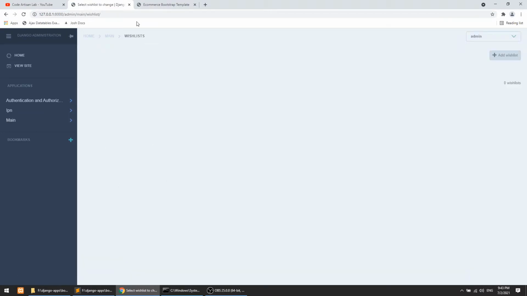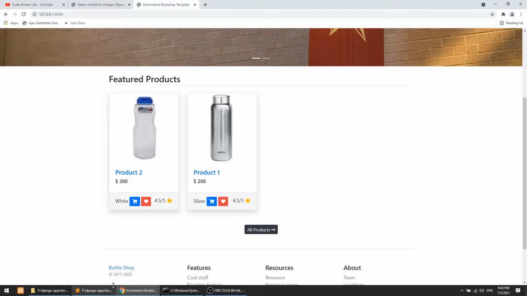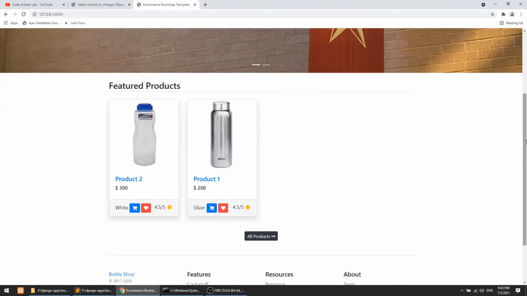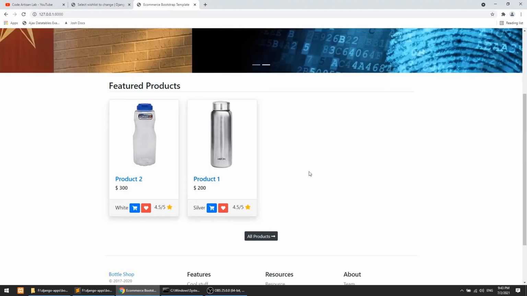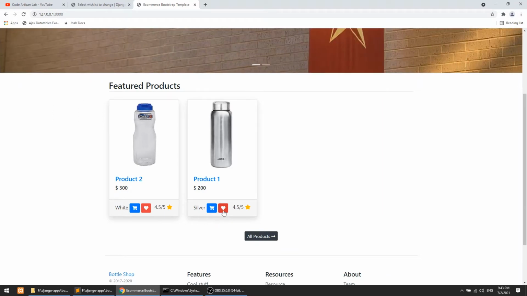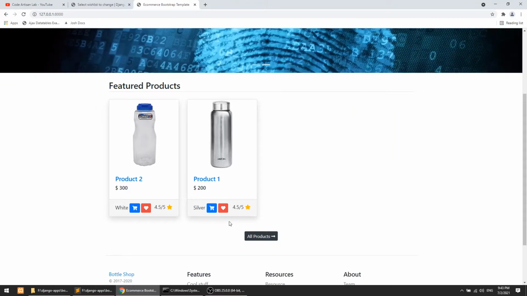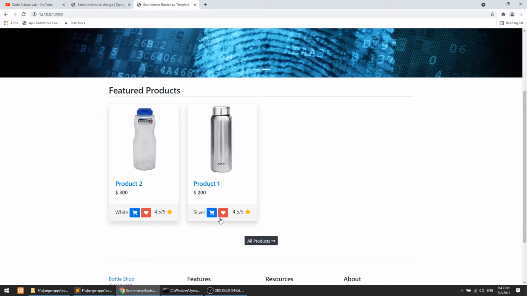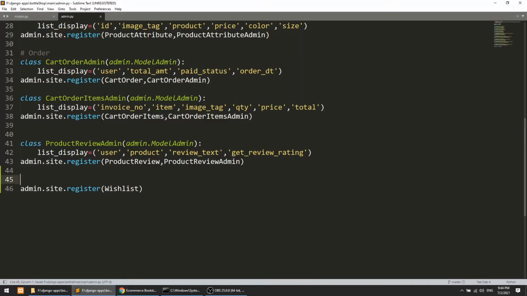So now let's create this functionality from the front end. First of all we will add this to the index page. And one thing more, only a logged in user will be able to click this button and then the wishlist can be added in their account. So what we need to do is disable this button if the user is not logged in. So I will open the